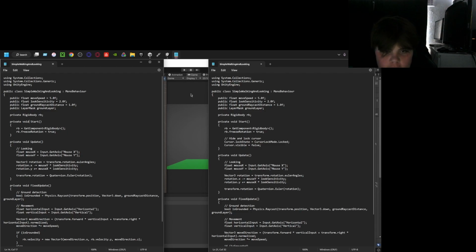So obviously we've got the rigid body, and the rotation of the rigid body, RB for short, will be always frozen. And over here we have the exact same thing, but we have 3 extra lines which are named hide and lock cursor. Yeah, so these 2 slashes,